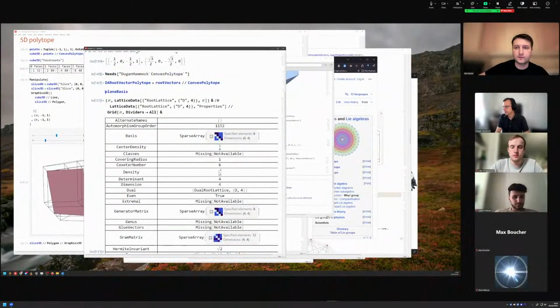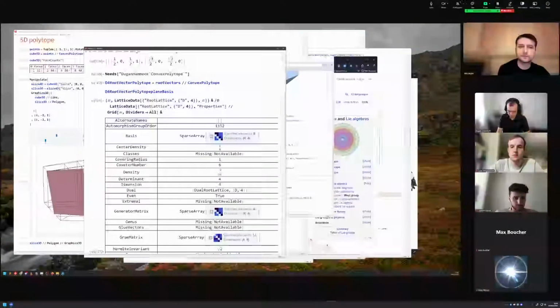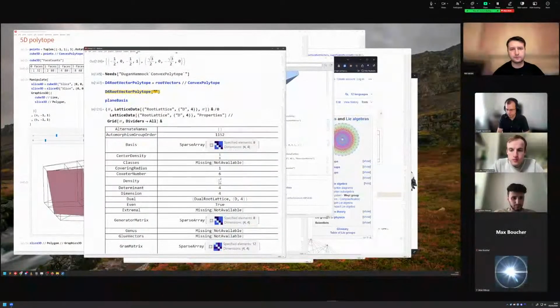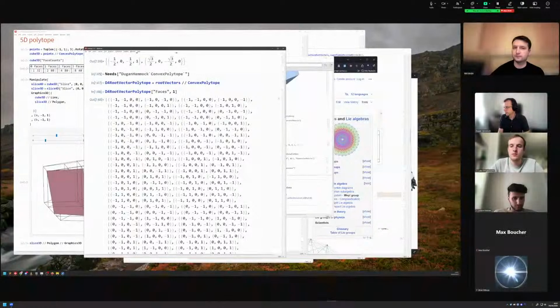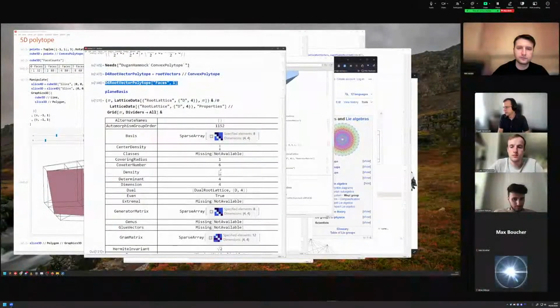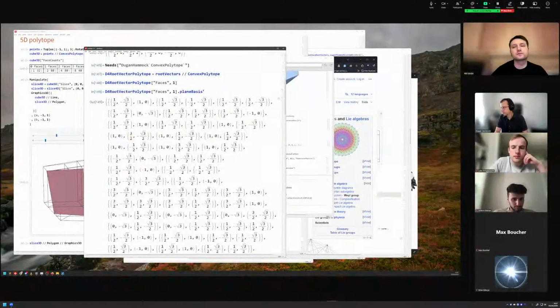And I want to take the edges of it. Project it to the plane. And